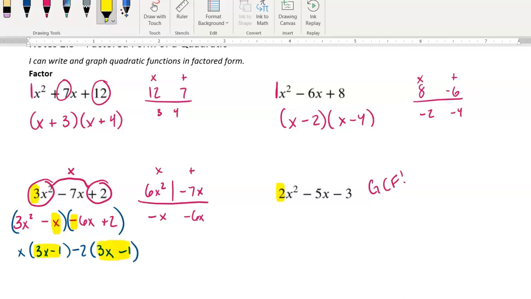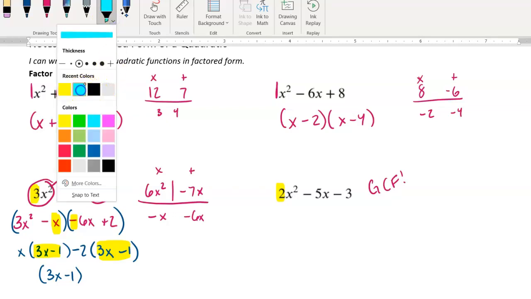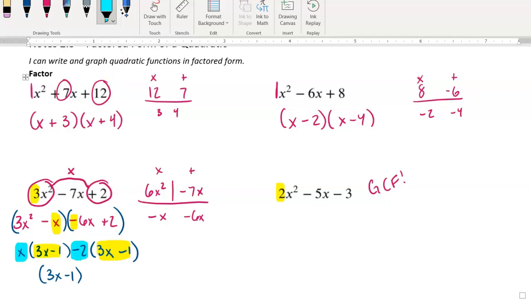All right, now look at what we have in parentheses. It's the same thing. We have 3x minus 1 in one set, 3x minus 1 in the other set. So that tells us what one of the factors is. One of the factors is 3x minus 1. So don't write it down twice. We only write it down once. And what we have here gives us the other factor. So what's outside of there is x minus 2. That gives us our other factor. So that would be